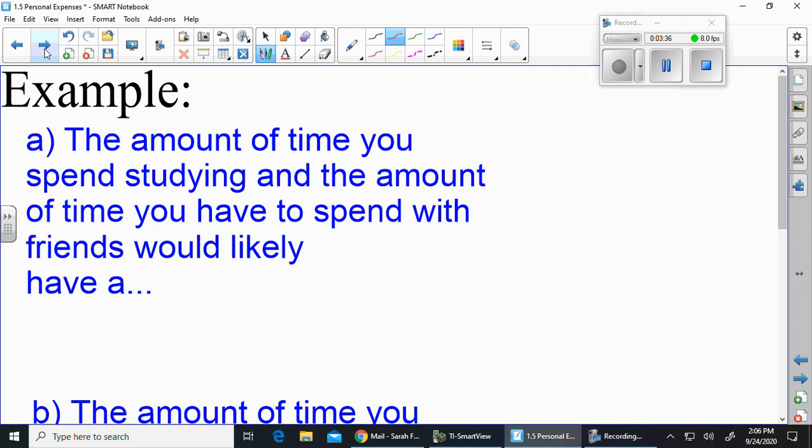So we looked at, if I said something like this, does the amount of time you spend studying and the amount of time you have to spend with your friends. Well, if you think of this as time studying, and this is time you spend with your friends, if you have more time studying, you should have less time to spend with your friends. If you have less time studying, you would have more time to spend with your friends. So that would be negative